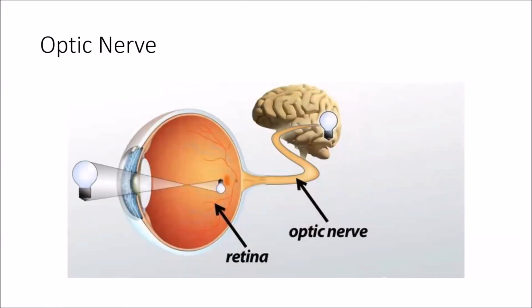Okay, now we're going to talk about the optic nerve. Okay, so far we talked about all the different parts of the eye that basically is going to help to bring this light into the eye and gives the light something to travel through, okay? Now we already talked about the retina, which is basically this back part of the eye here. And we know they have two special types of cells inside of them called the cone cell and the rod cell. Like I said, these sensory cells or sensory receptors are going to detect light. Okay, so once they detect light, remember